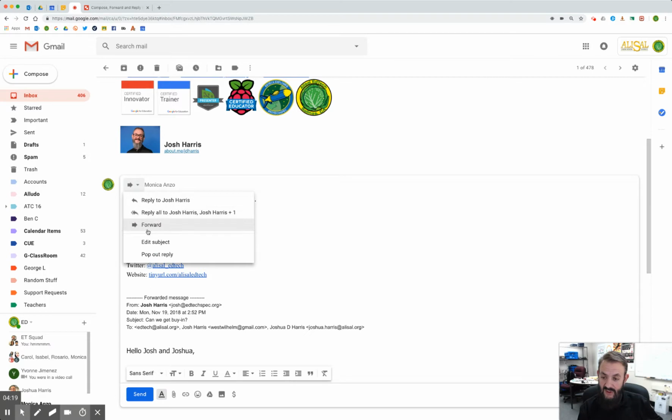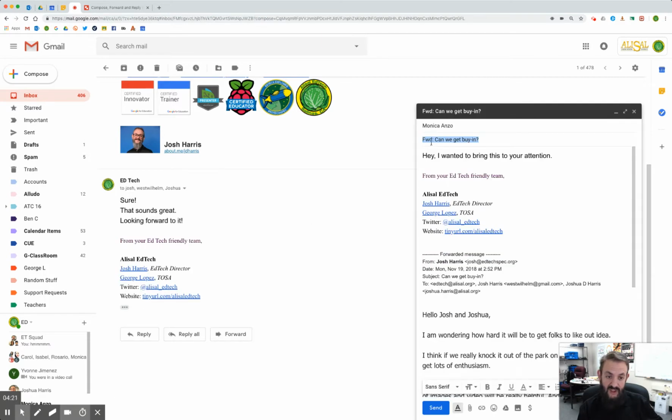So on this little triangle where we say edit subject, it opens up a new window. And oftentimes what I will do is take off the forward, the FWD, or can we get buy-in, or maybe I'll say for the new implementation, a word that I never spell right. And so here, after I hit the space and I have this red line, if I right click here, and as long as this is checked, ask Google for suggestions, implementation, I fix that, and then close this, and then I can hit send,